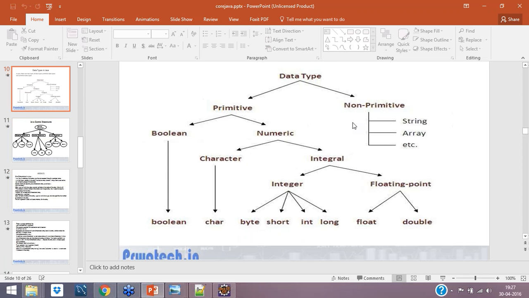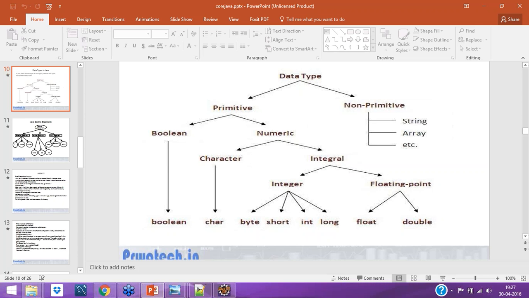Yes, this is my data types. Data types have primitives and non-primitives. Basically, what are primitive and non-primitive? You can see that primitive are booleans and numeric, and non-primitive are string and array.